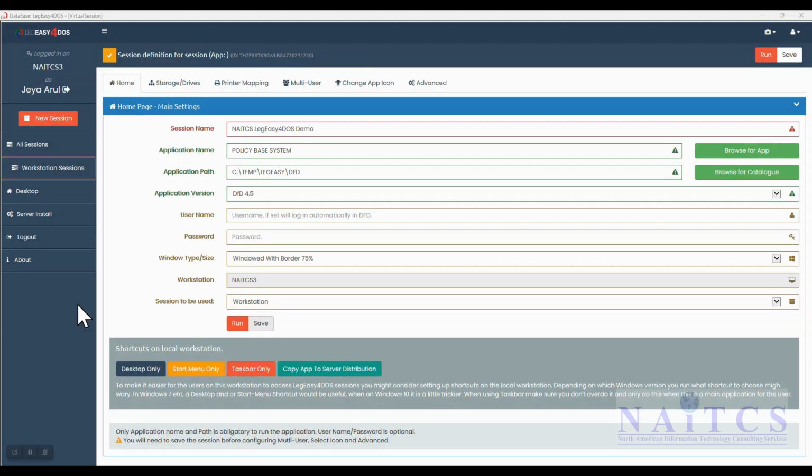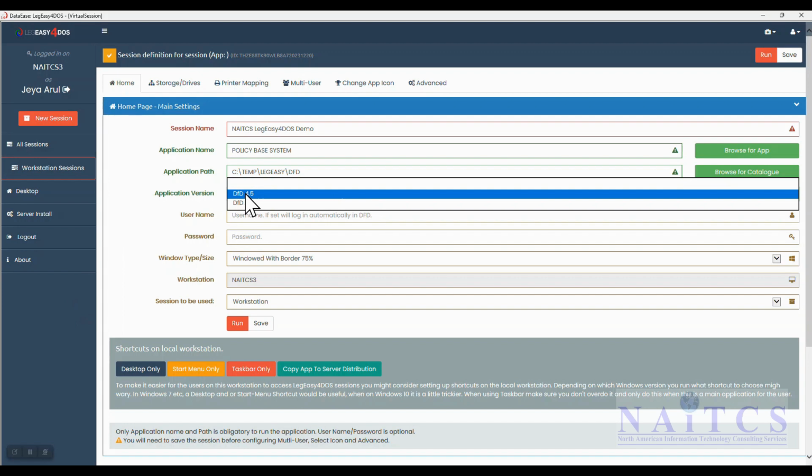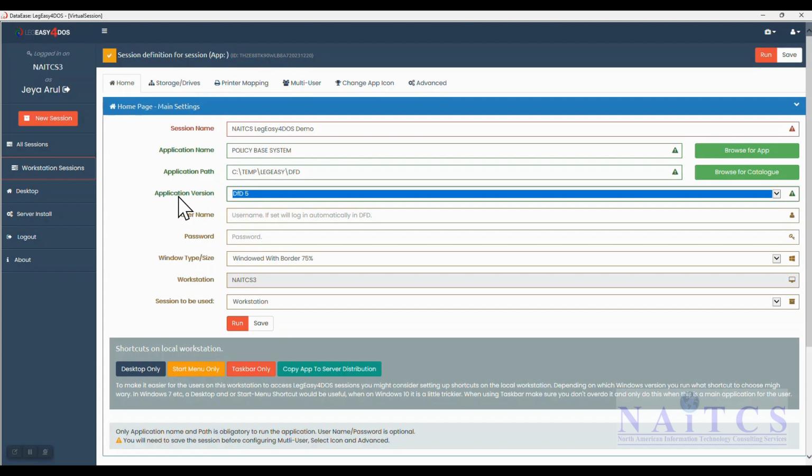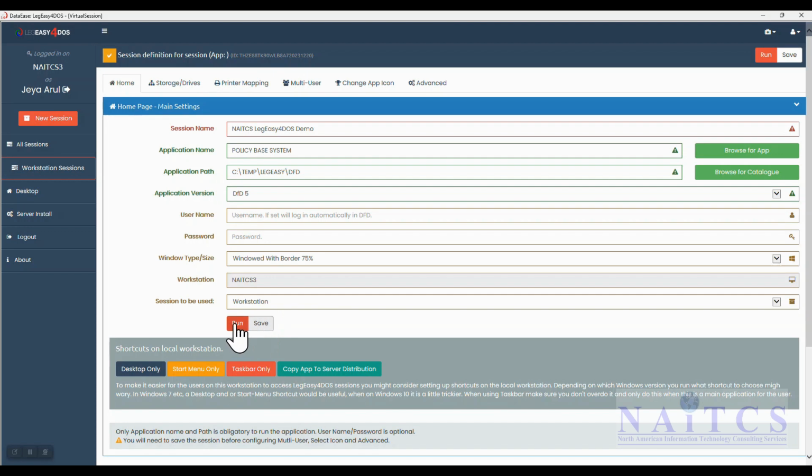Okay, before we continue with the form, I wanted to show you the upgrade as well. Both 4.53 and LegEasy4DOS 5 come pre-built into the software, the LegEasy. So let's say I now want to upgrade it to 5. I change this, save, and then run. So when I run it,